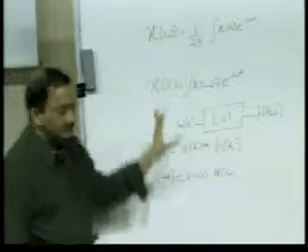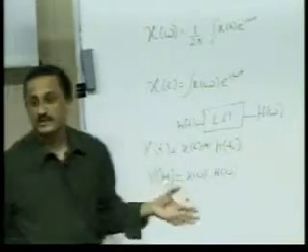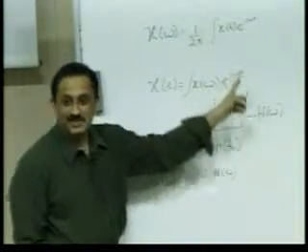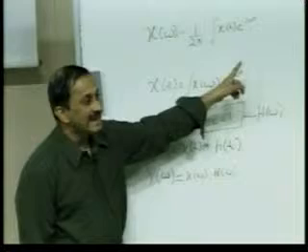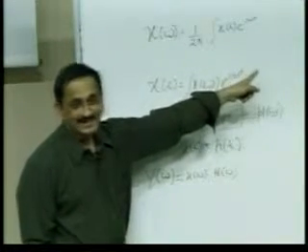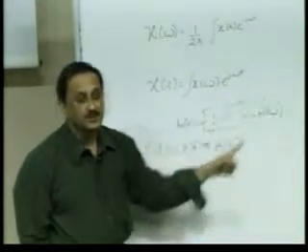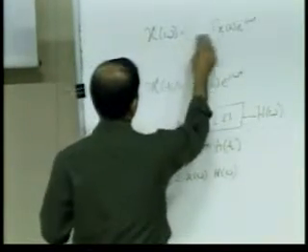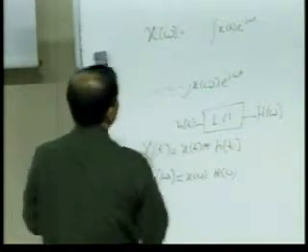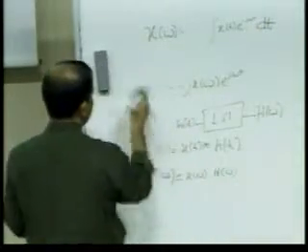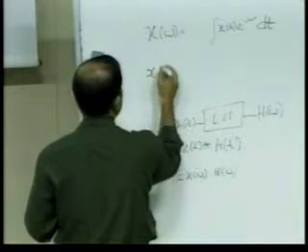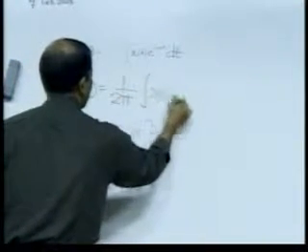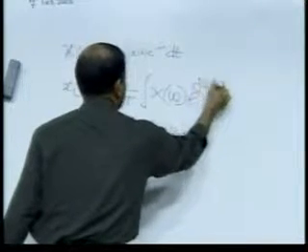So although in principle this could be a pair of inverses, in most literature that is used in practice, we like to put the constant 1 by 2 pi here. And of course, a very minor point, but I must emphasize this for all students, we are normally very negligent about putting the variable of integration, and that is something that we must not forget, particularly in situations where there can be multiple variables of integration. So we must put down variables of integration. So let me correct the expressions written here, right? So here, this should have been x(t) is 1 by 2 pi integral X(omega) e raised to the power j omega t d omega,